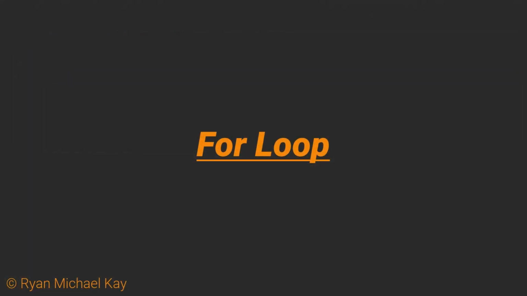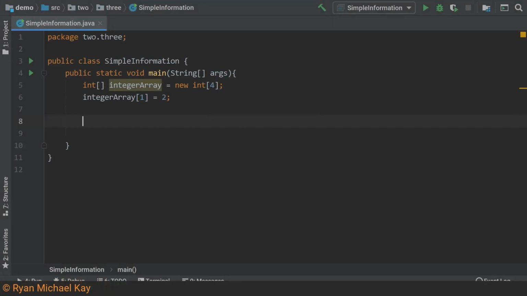We are now going to combine our knowledge of int primitives and arrays together with a very useful programming construct. As you may have noticed, when I use the debugger, a program is executed in a line-by-line, top-down way. Keep that in mind as we take a look at this new construct called a for loop. I am going to ask you to type along with me here, and after that I will explain what we just did.